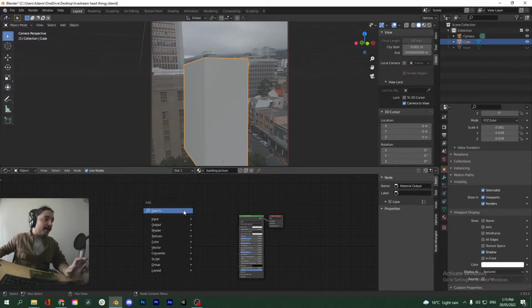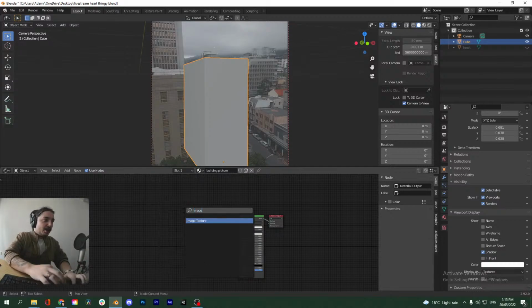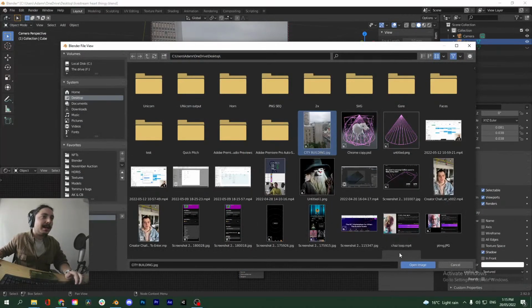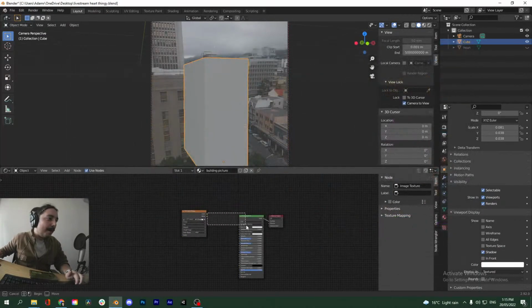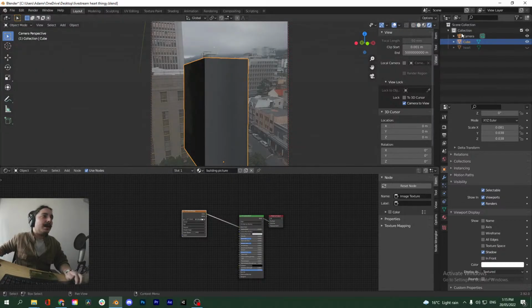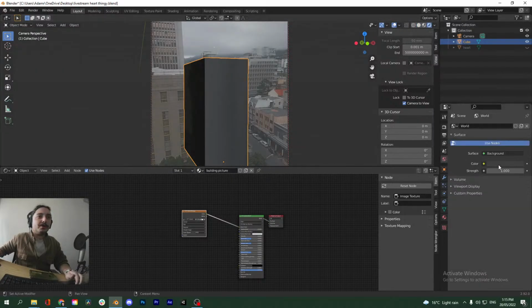So we press Shift A and add a new image, right? And then we can go to the desktop and select our image, boom, and then basically just put that into the base color. Actually, now the shading is off because we don't have a proper HDRI. So you'd also want to find an HDRI that somewhat matches your scene. I'll see if there's one on this computer, otherwise we'll just download one quickly. I'll show you cool places to get some HDRIs.